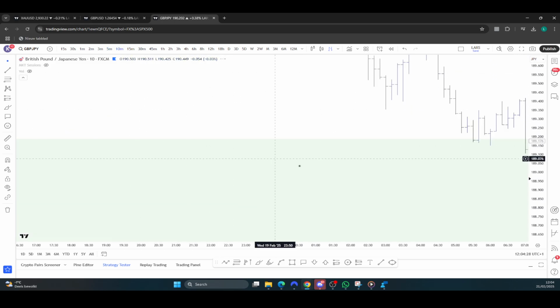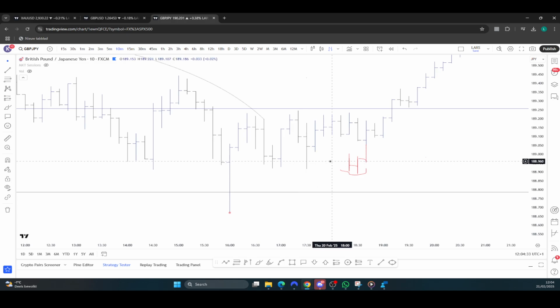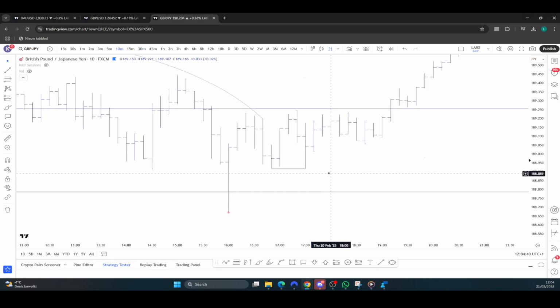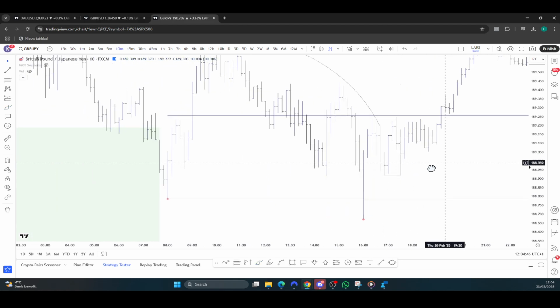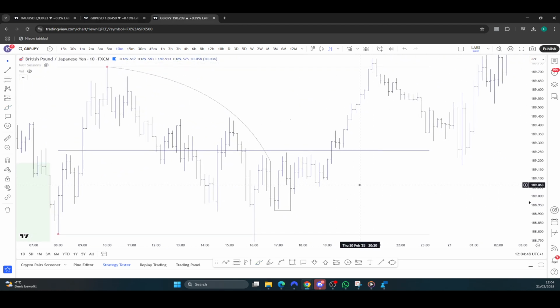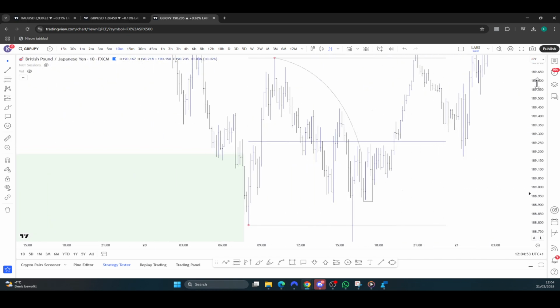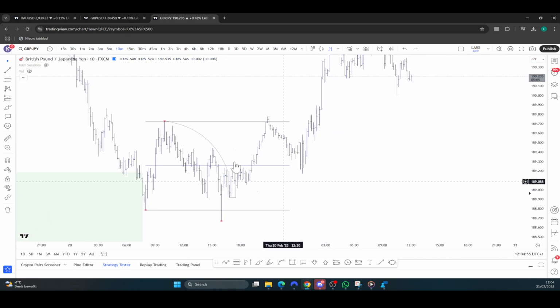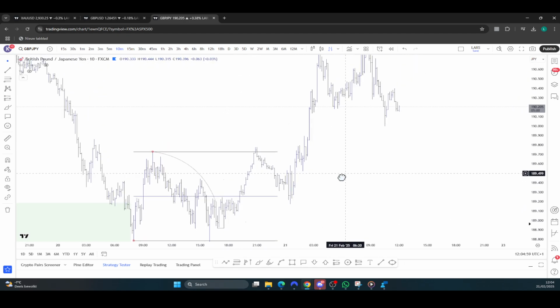And it was also covered with a 10-minute potential beautiful bottom right here, 1, 2, 3. So that's how I actually gained a lot of confidence behind this also being a protected low, and price therefore not having to come back for that low. Again, the exchange right now is showing you a different data feed than yesterday. So I'm not sure what the exact data feed is, but my broker did not take out that low. So it was indeed a protected low and made for a very nice move up. So it was that little bars pattern trick that allowed me to get extra confidence behind that low time frame